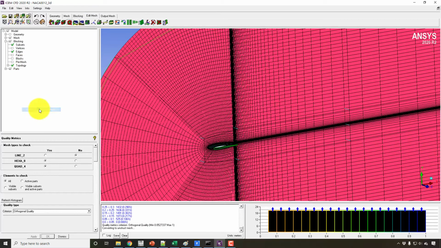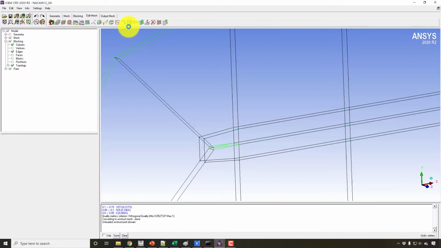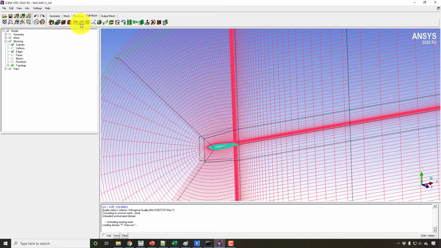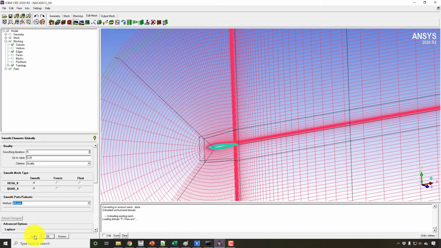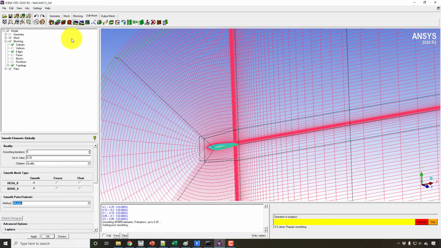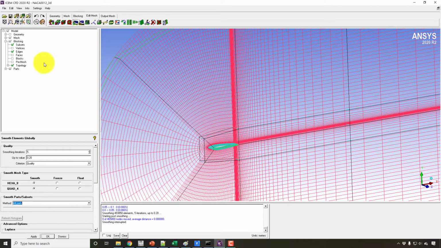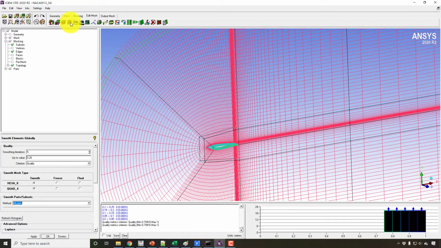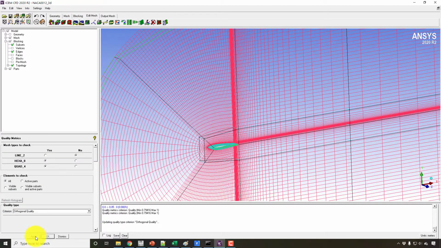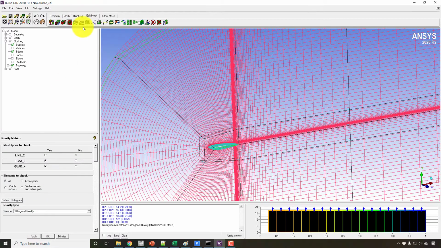Now again I will convert this to the unstructured mesh here, and once again be sure about the mesh quality from here. 0.05. Now again output the mesh and click on yes.